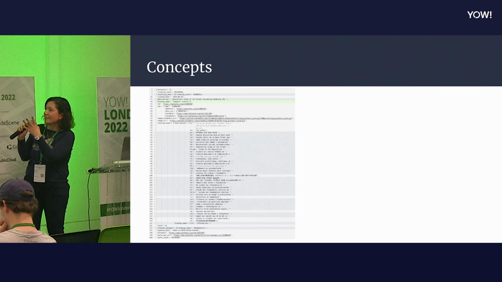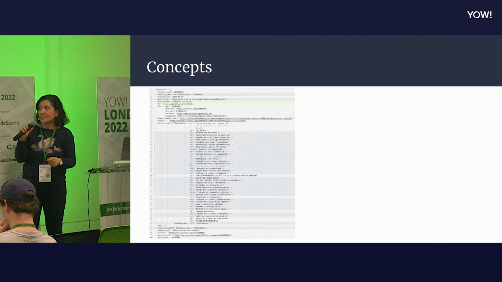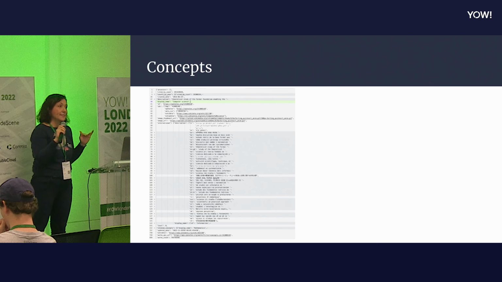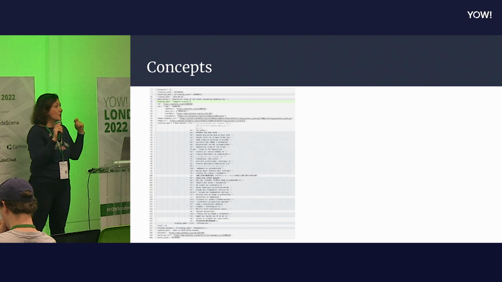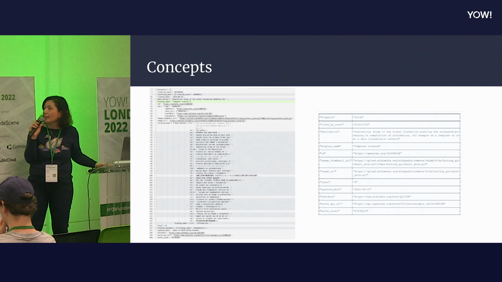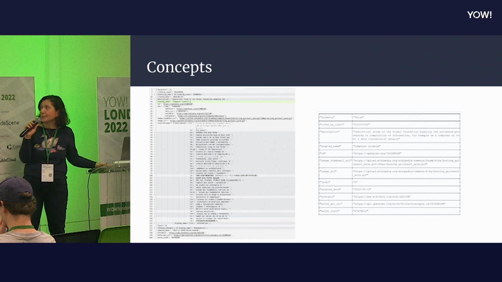The concepts have all the translations for the concept keys. This is a computer science keyword, for example. We decided that just English is enough. The linking between the works and the concepts has been done by OpenAlex, and we can rely on those links. So we ignore them and just pick the top 12 properties that we needed.